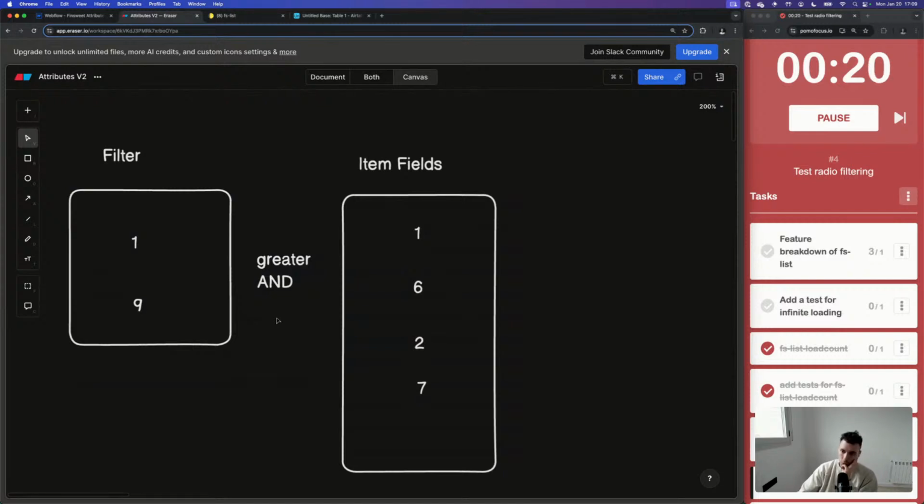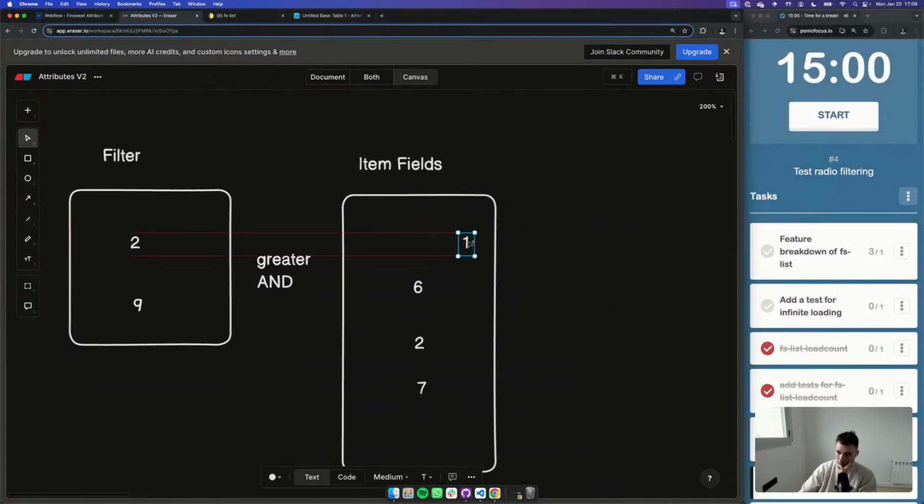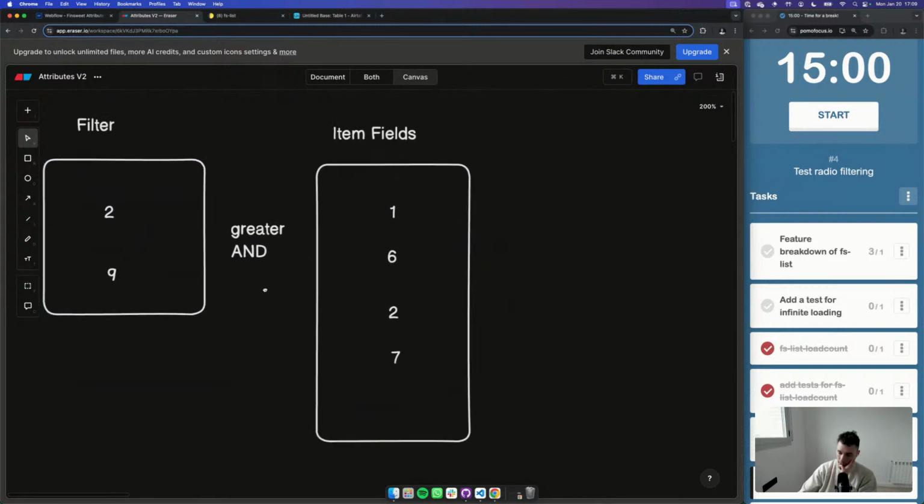I need to support double matching. Because when this is a single value, then it's all good. Because then we're saying, hey, both these and these should be greater than these, which would be false. But if this was 2, then it would be true. But when doing an array, in this case, we can say, hey, both these and these should be greater than